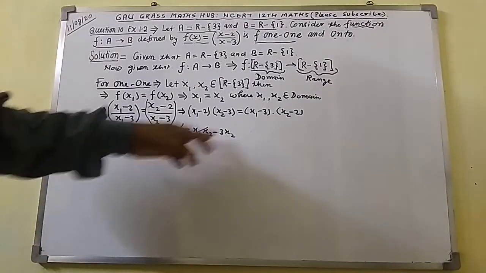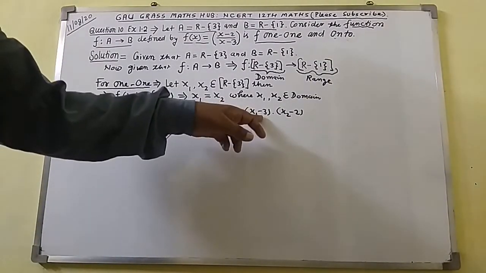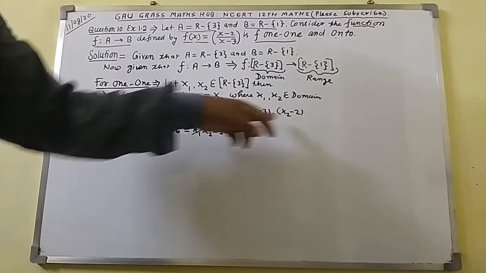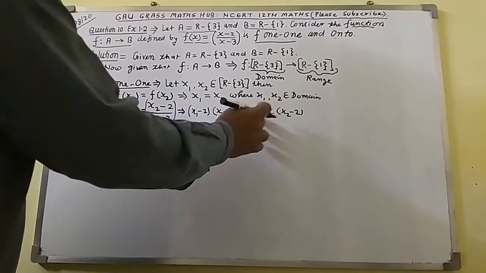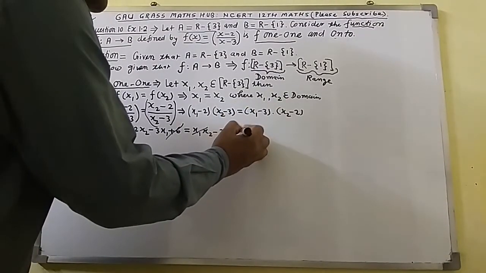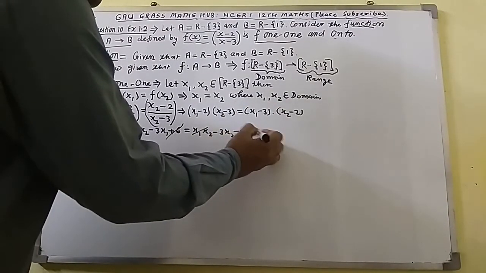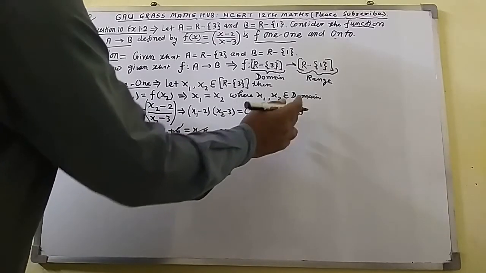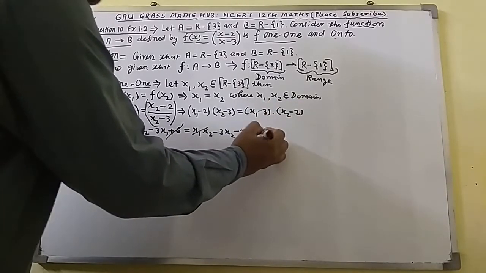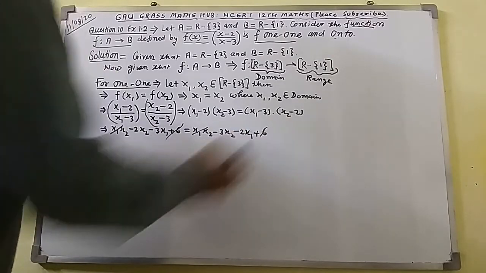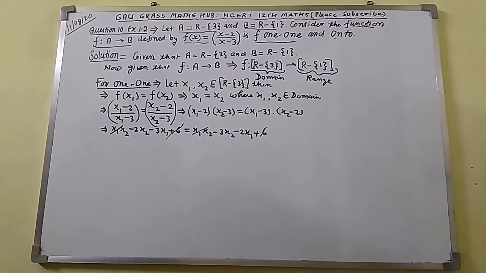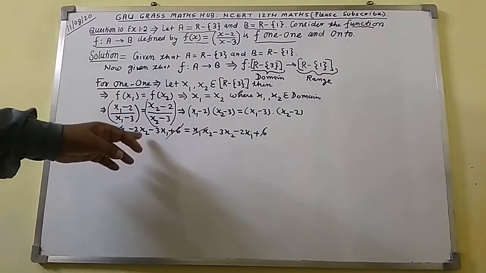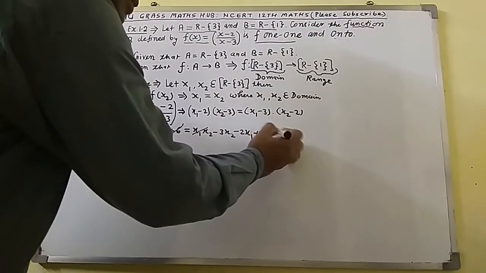Here x1 will multiply to f2, this will become minus 3 f2, and again this minus 2 will multiply to x1, we will get minus 2 x1, plus minus 3 will multiply to minus 2, we will get 6. So now this 6 will be cancelled out. Now it is okay. Now go further.